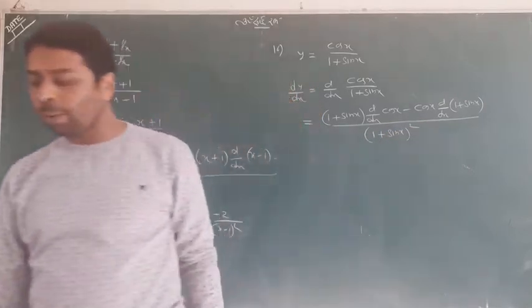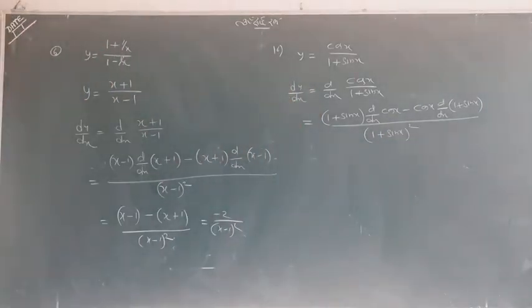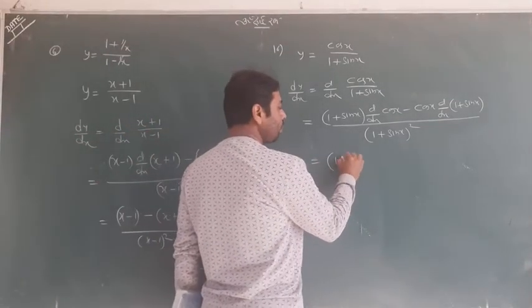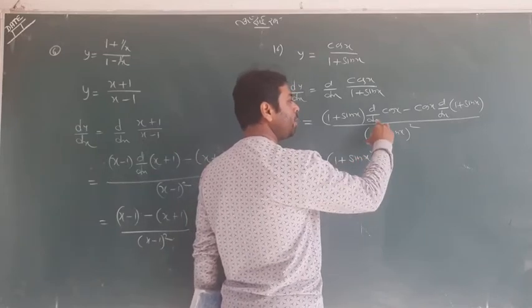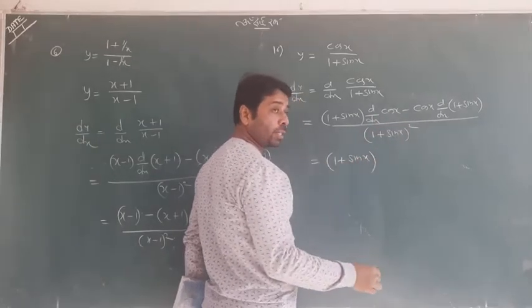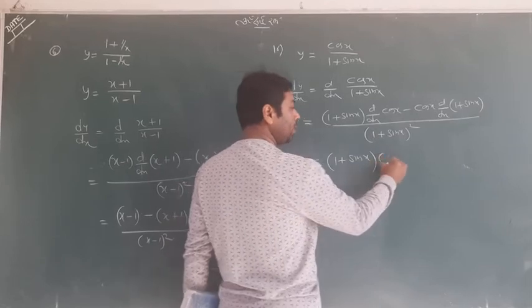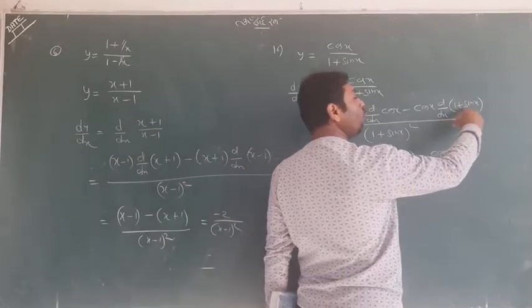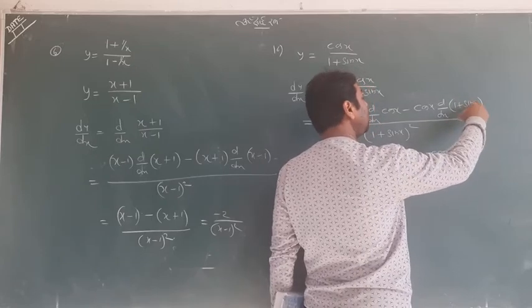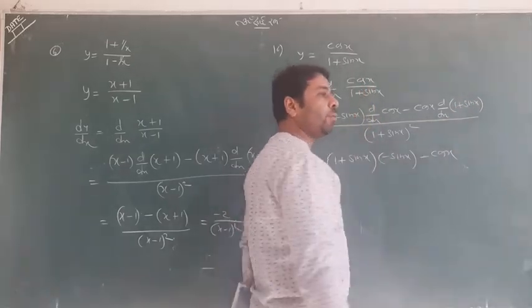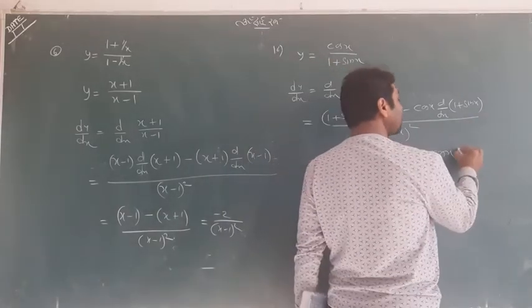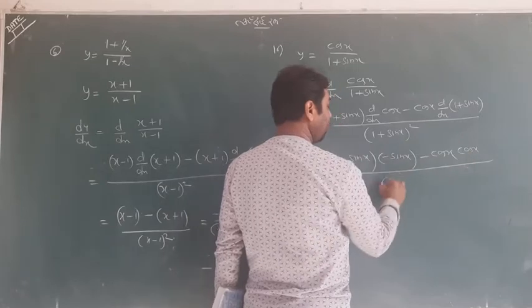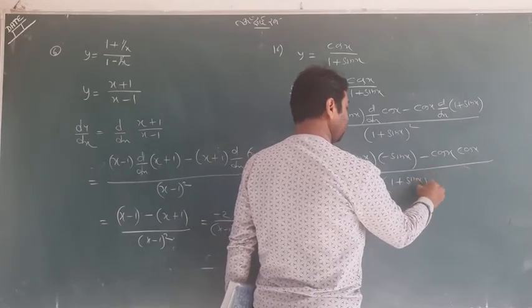Denominator square. You know the formula very well now in division. What we do like that. Now it's (1 plus sin x), d by dx of cos x is minus sin x. So I will manage minus like that, and cos x, d by dx of both terms, 1 and sin x. The differentiation of 1 is 0 and differentiation of sin x is cos x. So it is only cos x written, and (1 plus sin x) whole square we have got it.